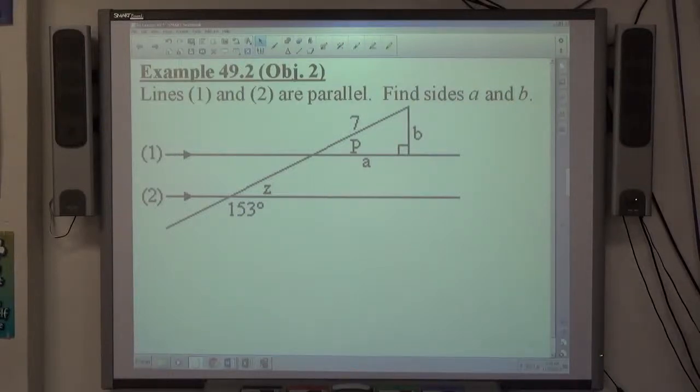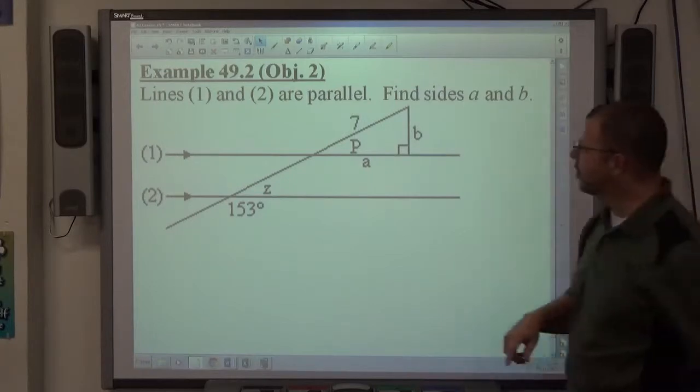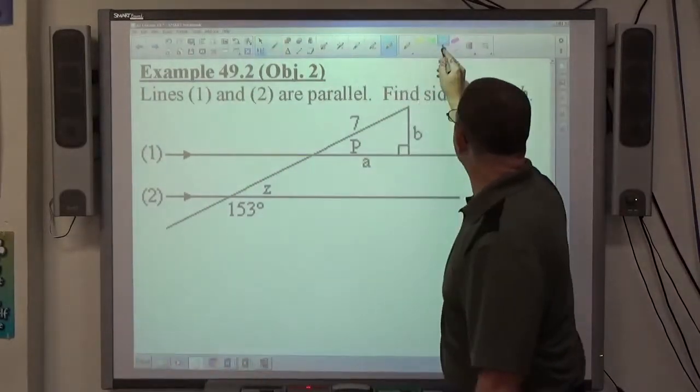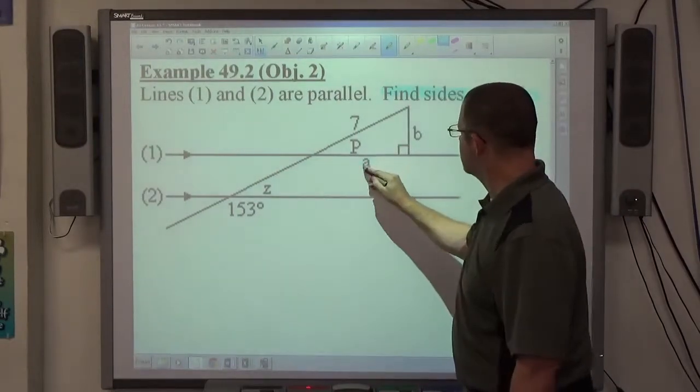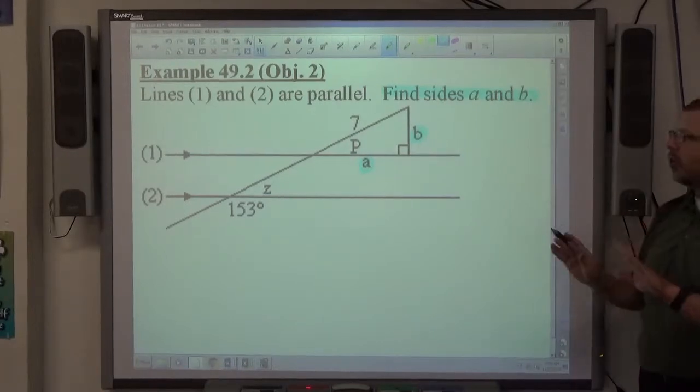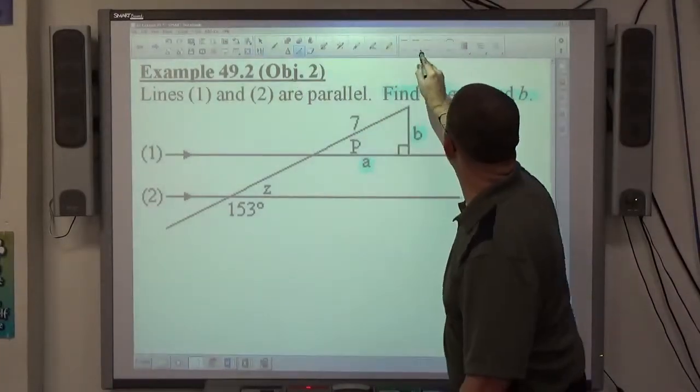For example 2, it tells us lines 1 and 2 are parallel. Find sides A and B. Now, first up, what they're telling me to do is to find that information. If I focus solely on that information that they're asking me to find,